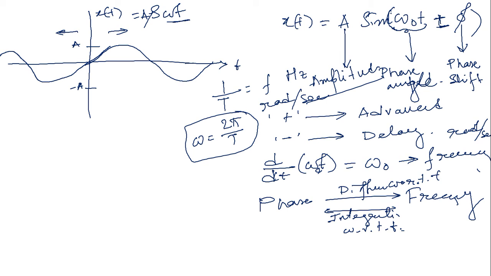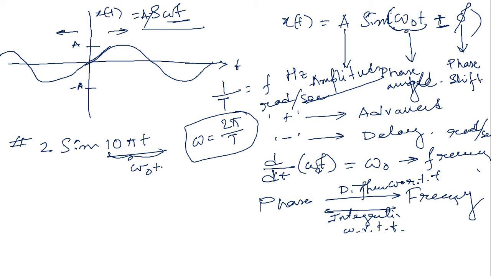Now first I will take one simple example, not having a phase shift, only a simple example of a sine wave. Say I am taking a sine wave of 2 sine 10 pi t. If you match both, this one is omega naught t, and there is no plus or minus present.